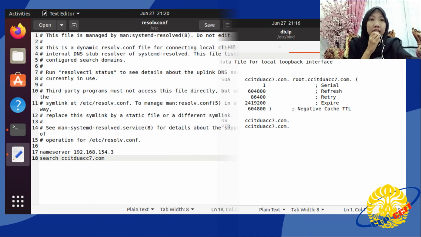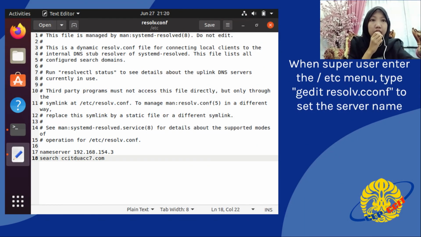Next is to return to the starting directory and type cd /etc. When you enter the etc menu, type gedit resolv.conf to set the server name and IP that have been set before.